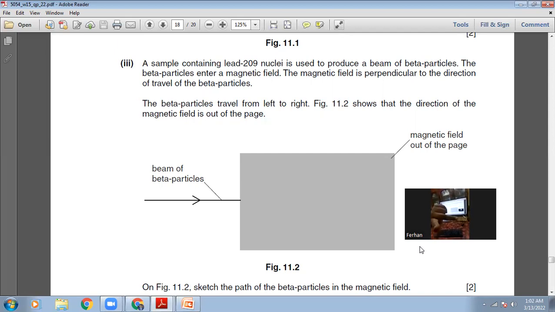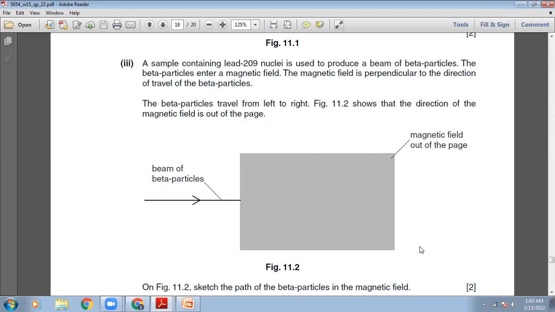My thumb is pointing towards the bottom of the screen, but the beta particles are negatively charged. So it means that the beta particles will be deflected opposite to what the left hand rule is predicting. Because the beta particles are negatively charged, and the law is not about the negative charges, it is about the positive charges. So whatever the direction my left hand rule is telling me,